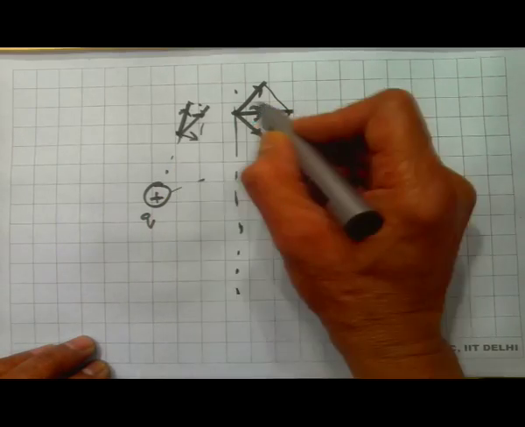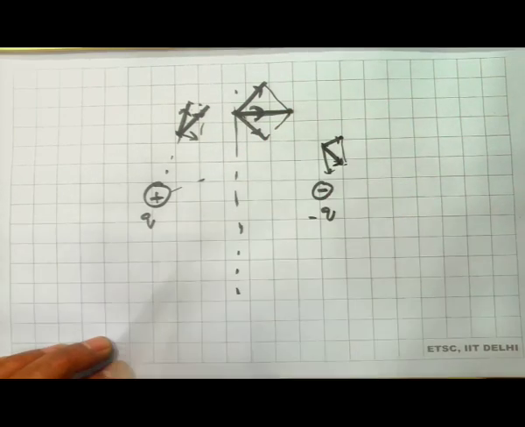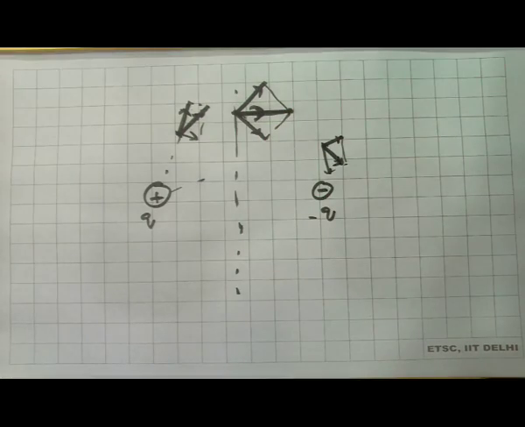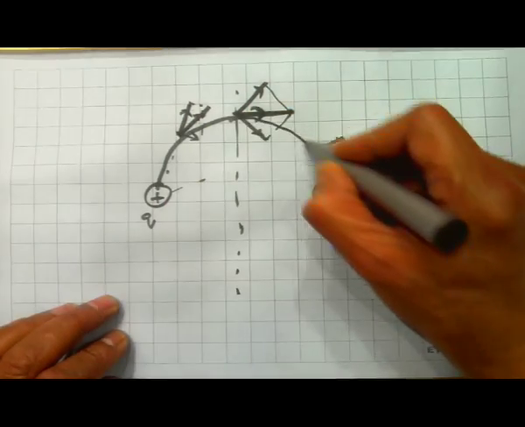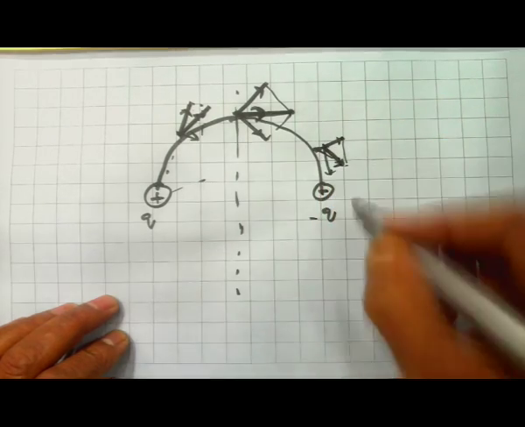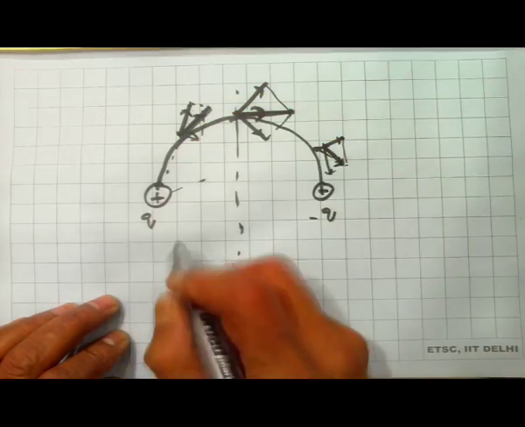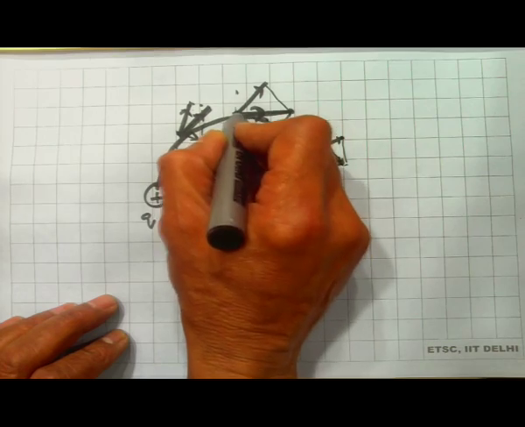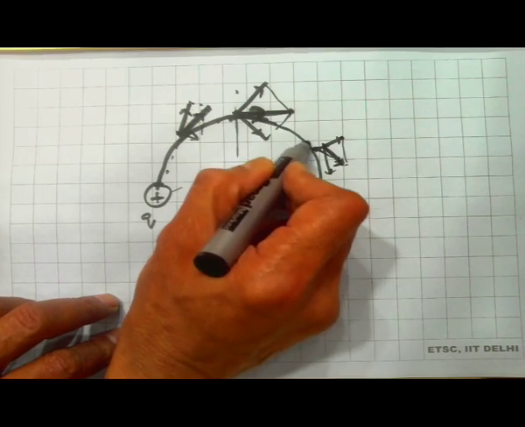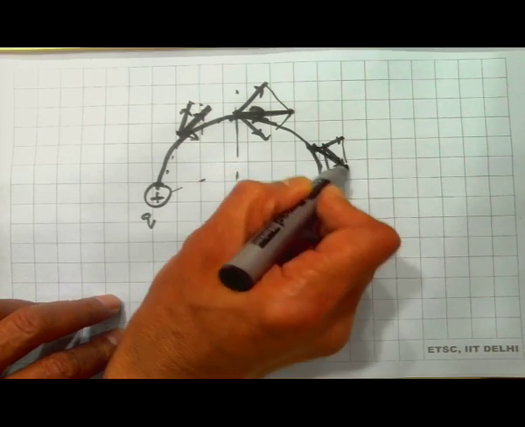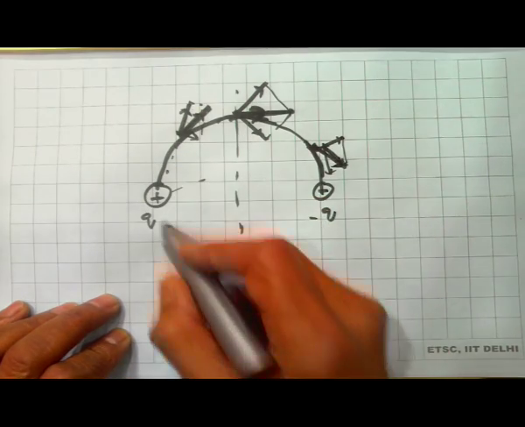If I move from this point to this point, the electric field line goes from this way to this way, and finally this way. So now what I do is I draw a curve such that this vector is tangent to this curve at this point. I draw a curve here such that this vector, the total electric field, is tangent at this point. I draw a curve here so that this net electric field is tangent to this line. So what I do is I draw a continuous line